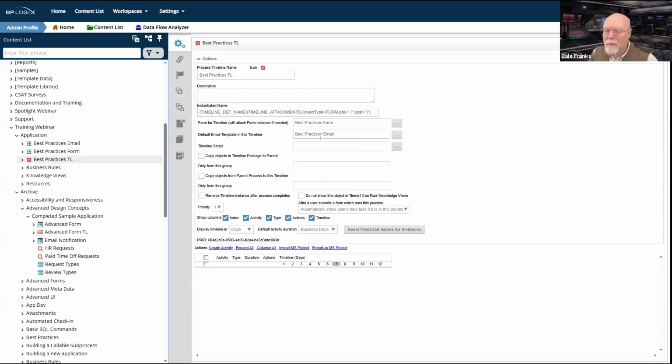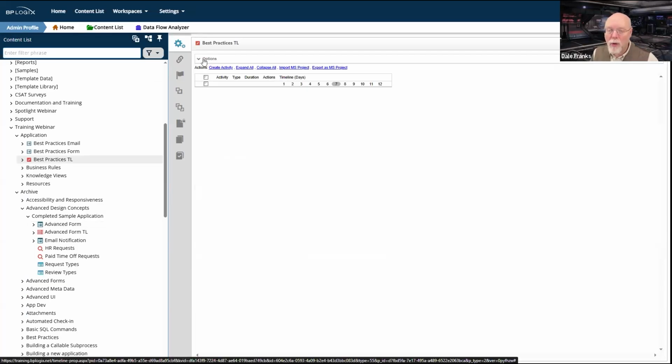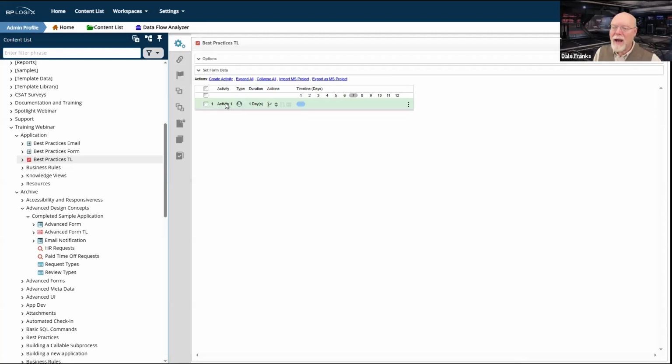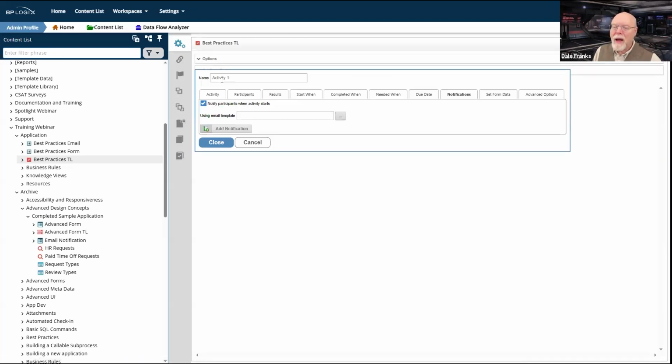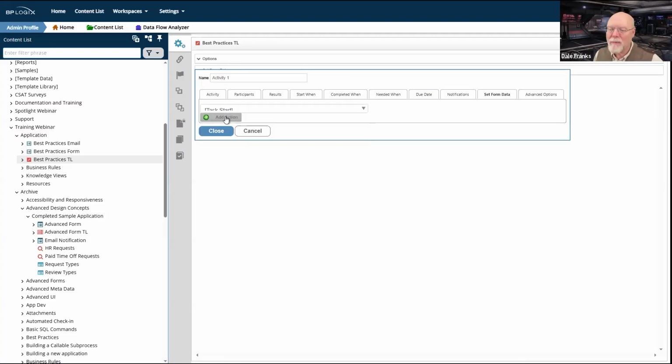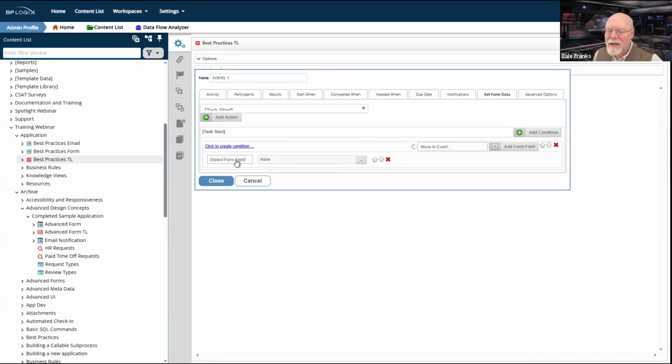We've set up our form, we've set up our email, so those as best practices are done. Now, I do have a request number, so the very first thing I need to do is get that request number set up. I have two options for this. Technically, if I create an activity, let's say I wanted to create a user activity like activity one. Technically, before activity one starts, on task start, I could set the value of my,